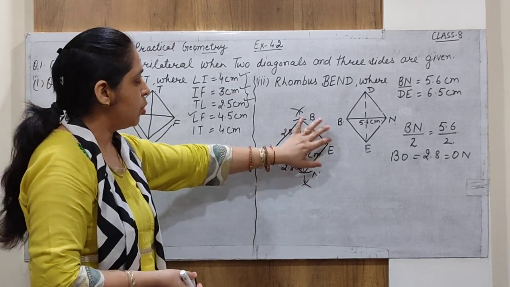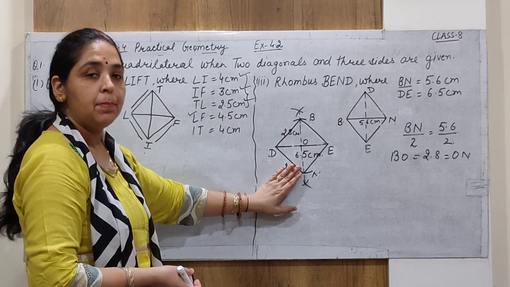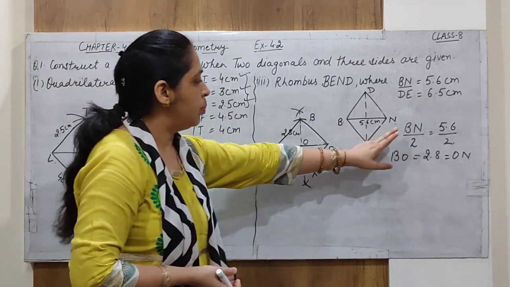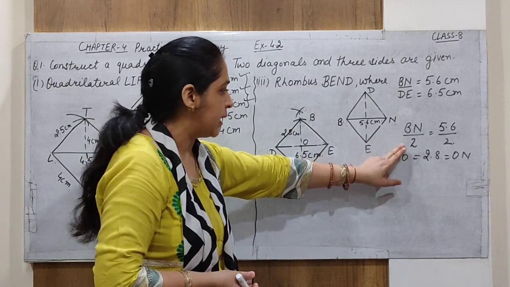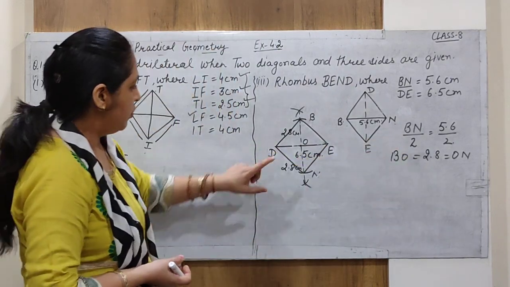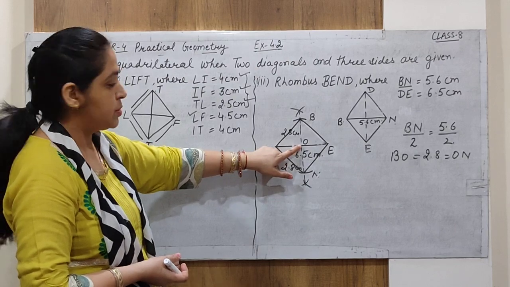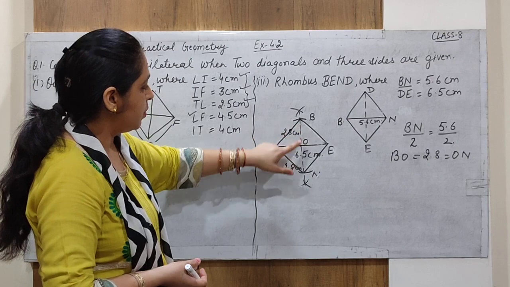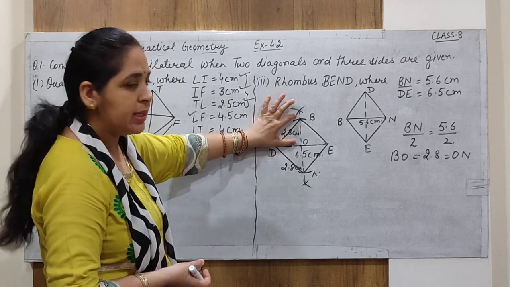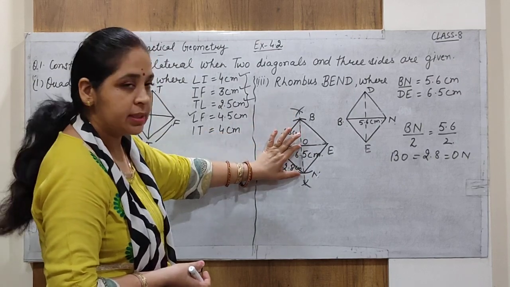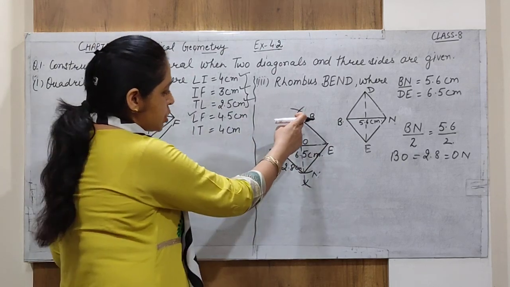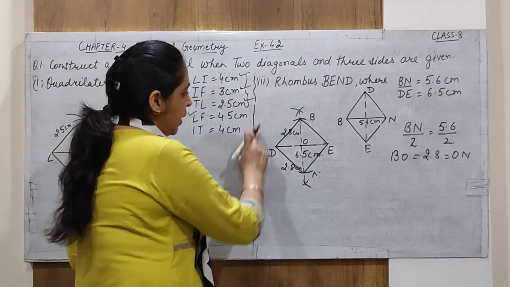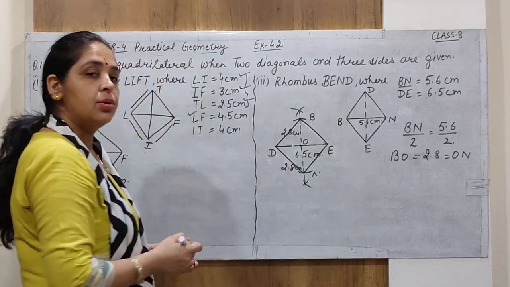Next, as in a rhombus the diagonals are perpendicular bisectors, we bisect the length of the second diagonal. Using this length, we draw an arc considering the middle point of this line. So from the middle point, we get 2.8 in the upward direction and 2.8 in the downward direction. So its total length is obviously 5.6 centimeters. By this method, you get a rhombus.